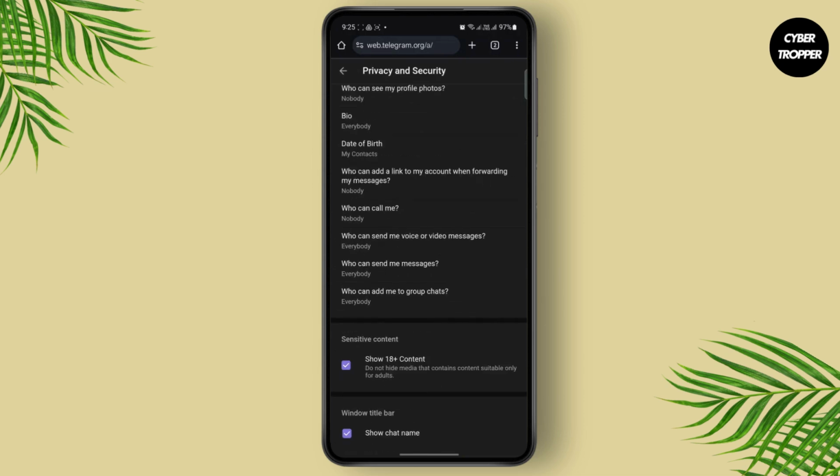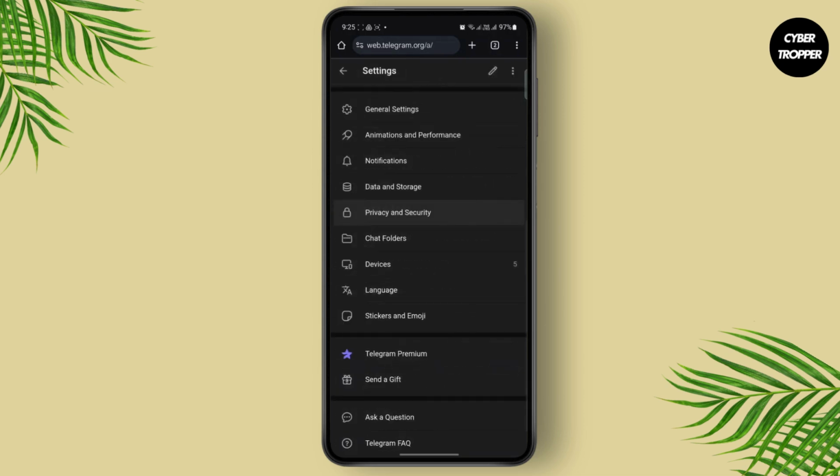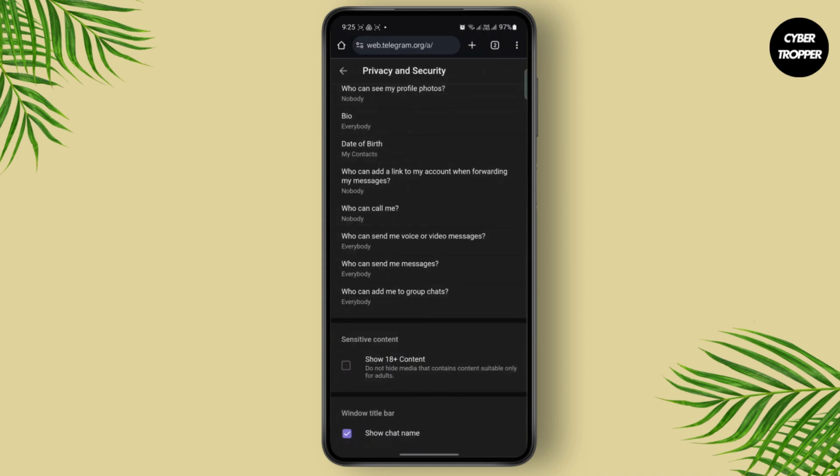And now scroll all the way to the bottom until you see this option right here that says show sensitive content. Make sure that this is toggled on, because once this is on, all kind of sensitive content can be shown on your Telegram. So that's pretty much it